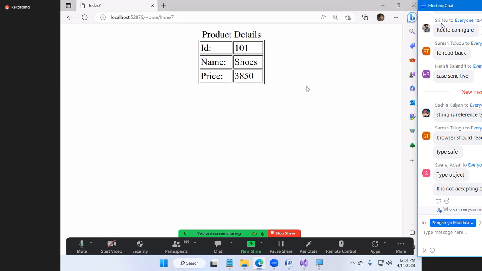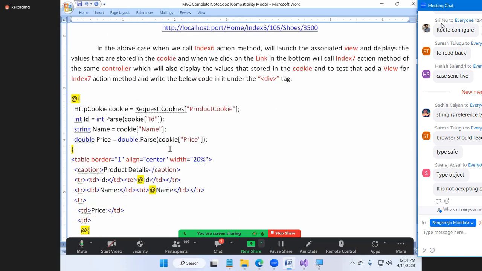Yes, a cookie will store the data of type string only. Cookies will store the data in which format? String. You can write only strings into that. Are you clearer? Yesterday, I stored a list in the view data. You cannot store a list in the cookie. The cookie drawback is that a cookie can store data of type string only. It cannot store other things. Okay, we'll talk about it. But are you guys clearer? Which method to call?